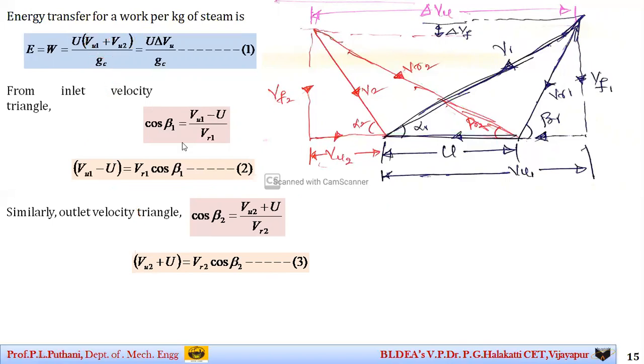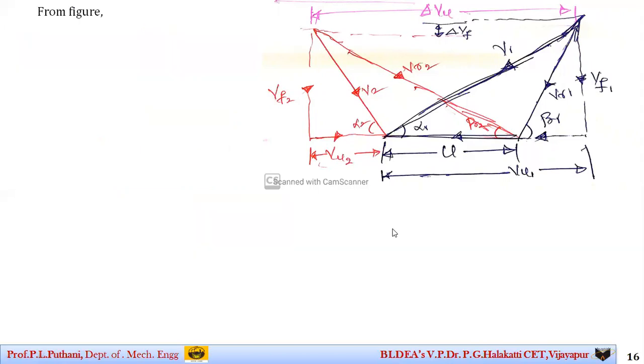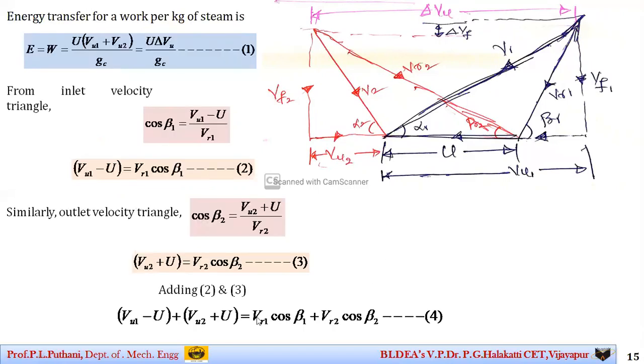So the next step is adding 2 and 3 together, on substitution and simplification. If you observe here, minus U gets cancelled, plus U gets cancelled. You are remaining with VU1 plus VU2, that is of the energy equation, with VR1 cos beta 1 plus VR2